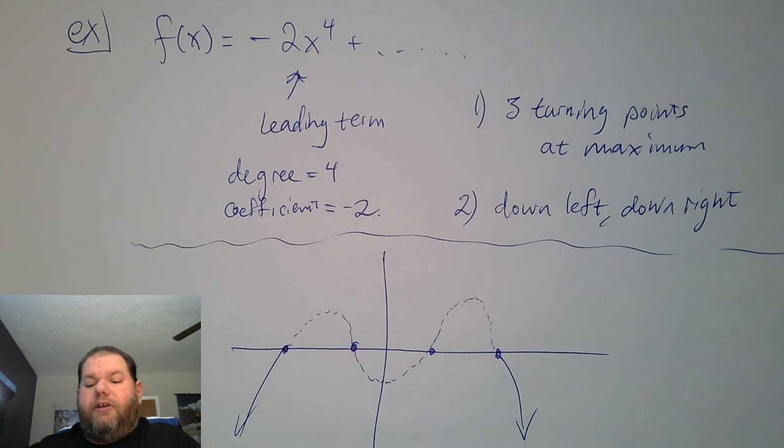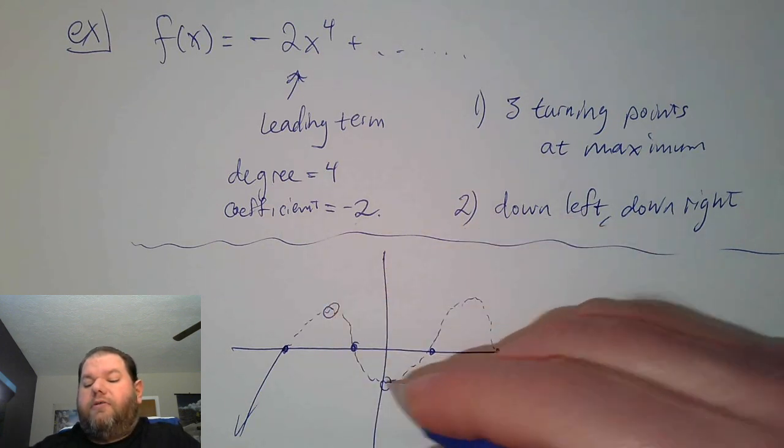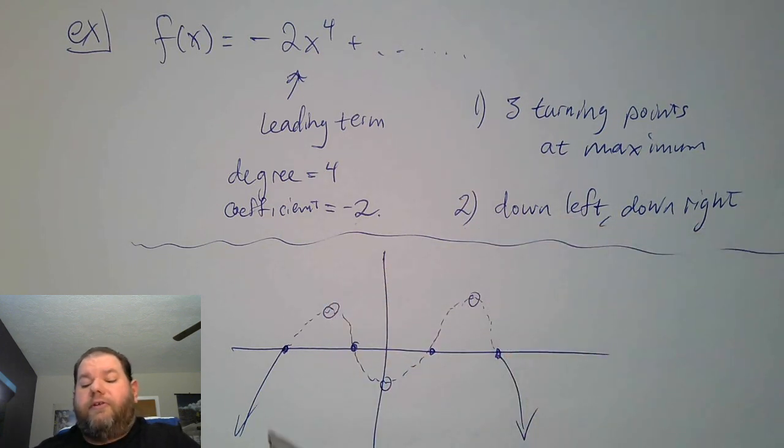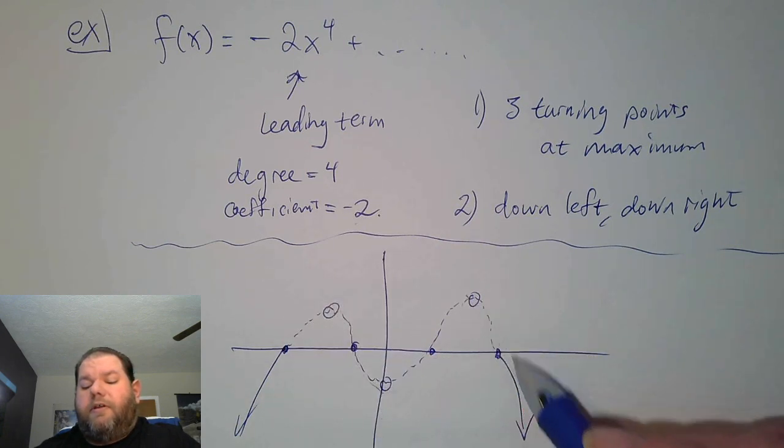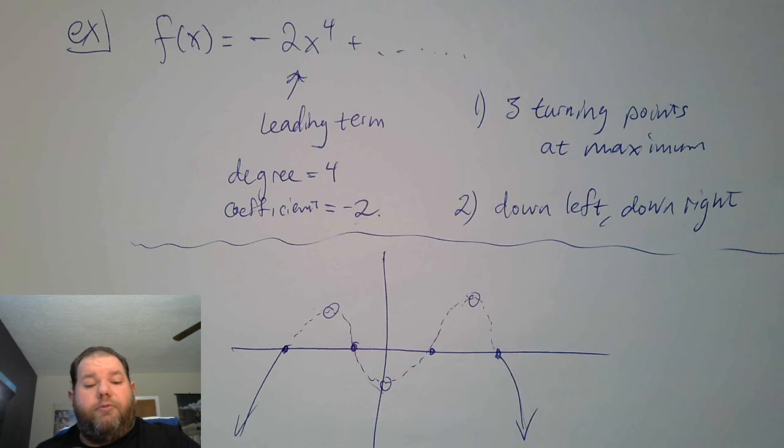Just using dotted lines, but then there's 1, 2, 3 turning points because it's going up, then it's down, up, and then down. So 3 different points where it changes direction. When you think of it as